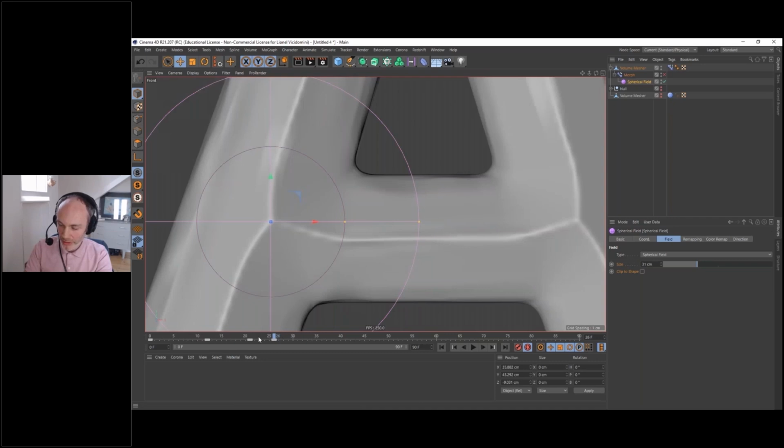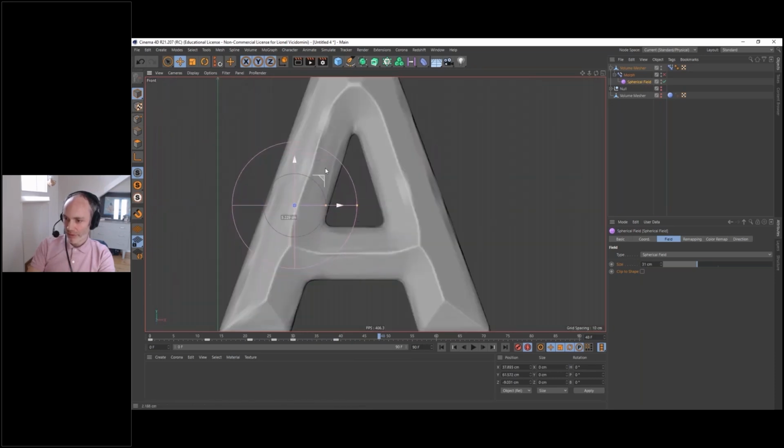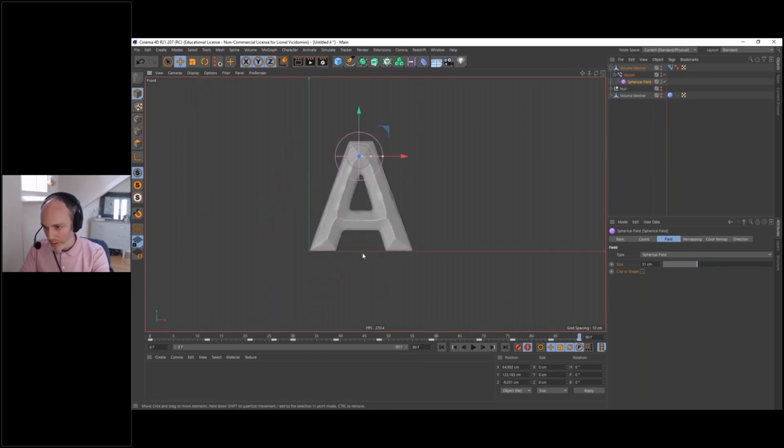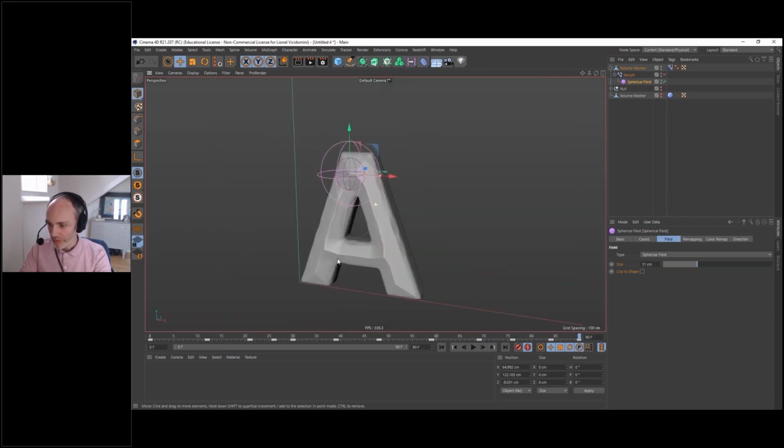I'm just moving forward in the frame a little bit each time. And I don't care about the speed. You'll see why. I just try to follow the path. And you could use as many keyframes as you want. So I'm going along, going there, and very soon finishing. Okay, so now the animation looks like this.